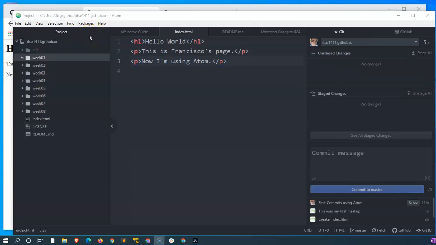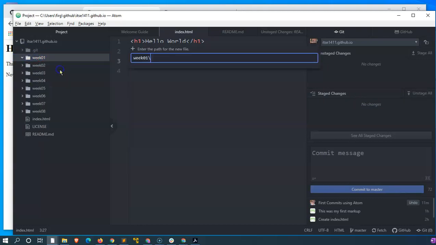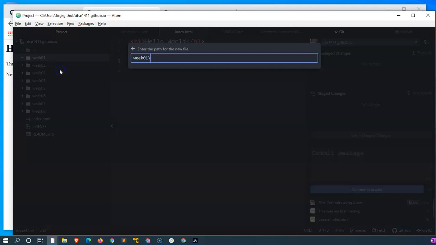One thing that you may or may not have noticed is that since we're just creating all of these folders, there are no real files there to weigh enough in the mind of Atom to say, well, you have made all the significant changes. So in order to get things going, I'm going to go to week 1, and I'll tell it to create a new file inside of week 1. It says enter the path. It says in week 1, what do you want? I'm going to create index.html,